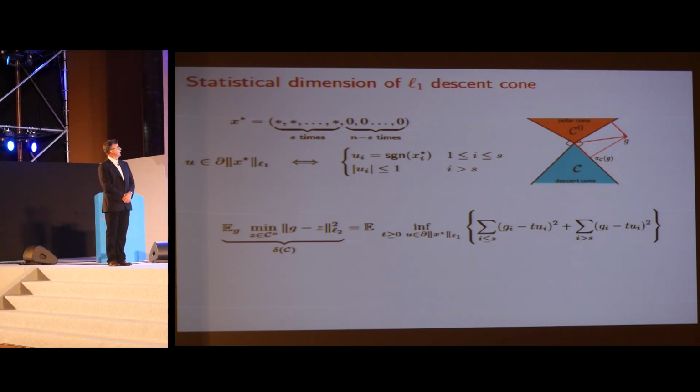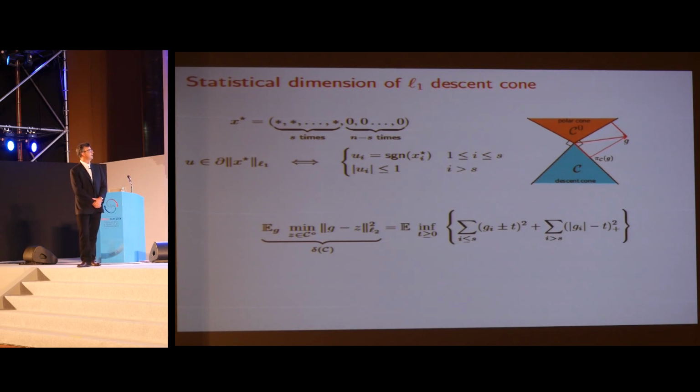All right, so I do this. And now because ui is plus or minus 1 when xi is 0, I can optimize the value of ui. It's very easy to calculate the optimal value of ui to compute the infimum. So I get something like this. And now I can work with this.